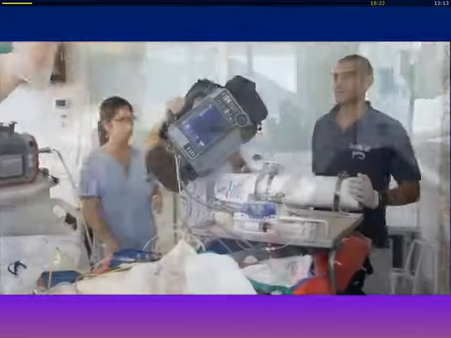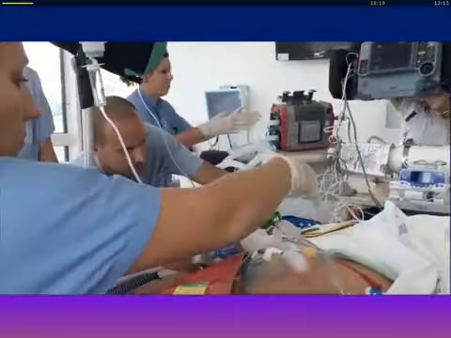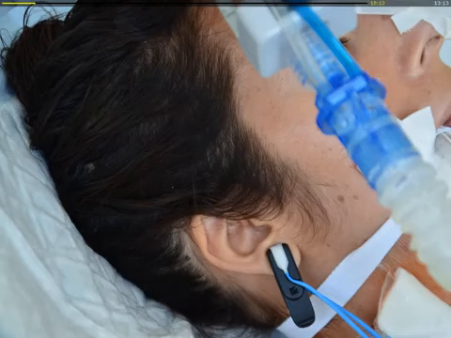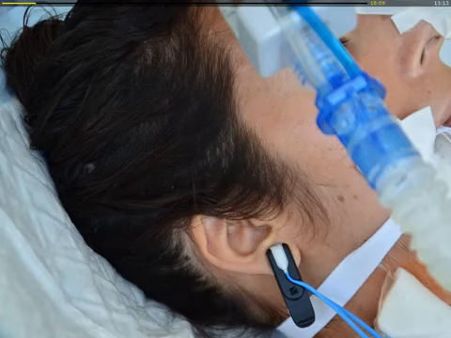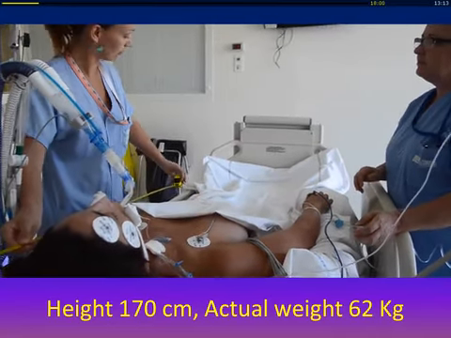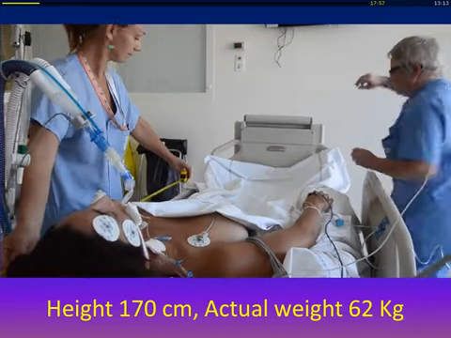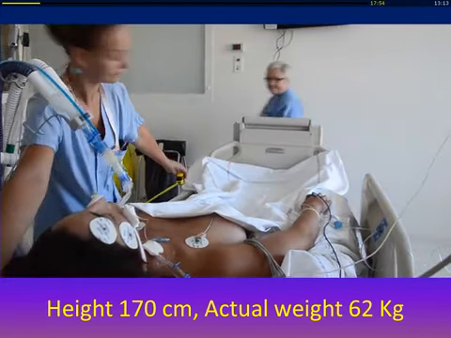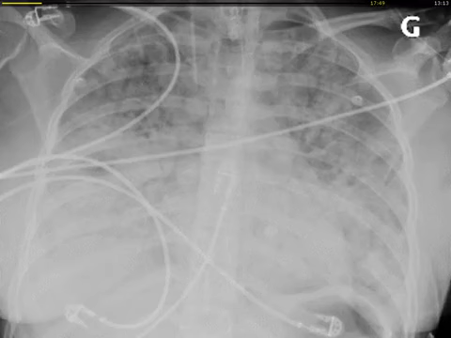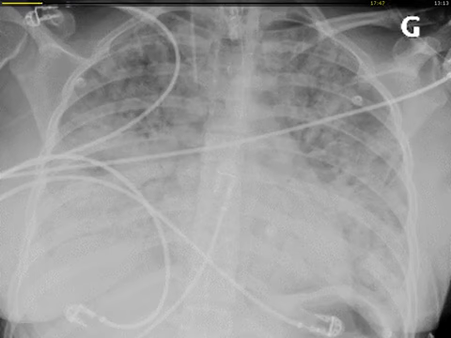So she just arrived in the room, and rapidly the nurse will transfer the ventilator from the transport ventilator to the ICU ventilator. The nurse will position the SpO2 sensor and the end-tidal CO2 sensor, and rapidly they will measure the patient. Actually the height is 170 centimeters, which is 61 kilograms of predicted body weight. This is a chest X-ray on admission. So what we will do now, we will start